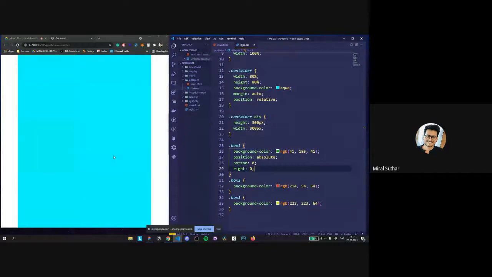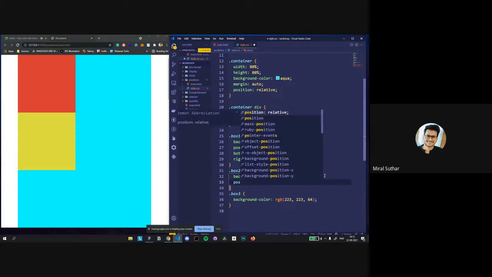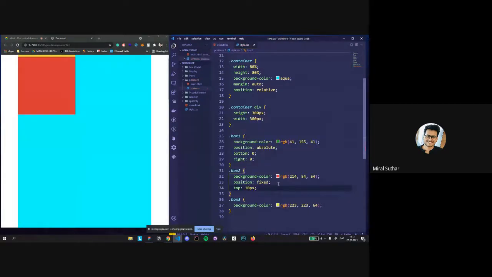Now, you have seen the nav bar, right? The nav bar just stays up here. If you scroll down, the nav bar is still up here. That's how those work. Let's go with the red color. We are going to add a position of fixed. See, the red color is now fixed up on top. I'm scrolling down and it's still fixed on top. We can still give it top 10 pixels, but it's going to be fixed just over there. That's how nav bars on most websites work nowadays.